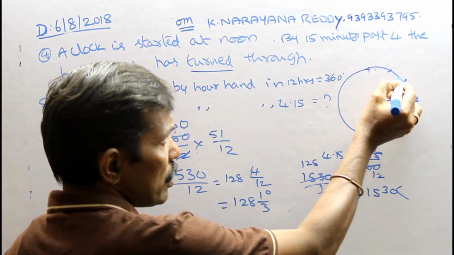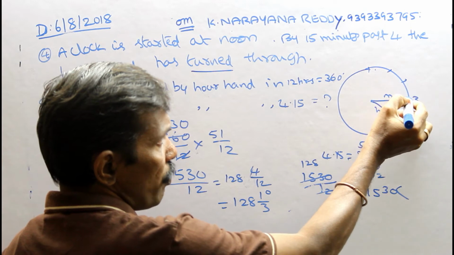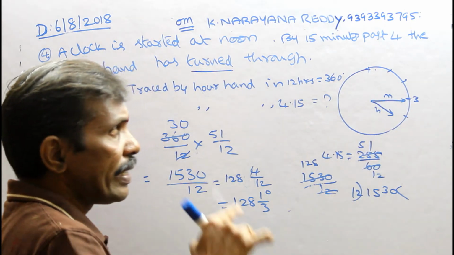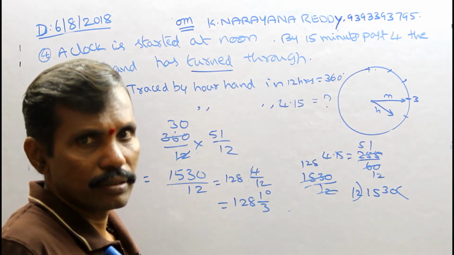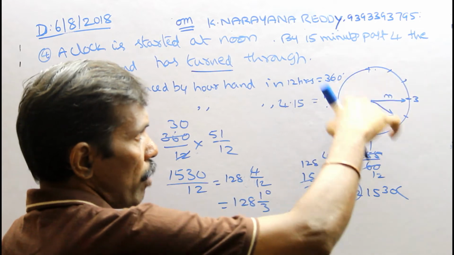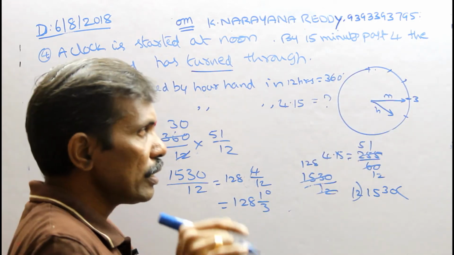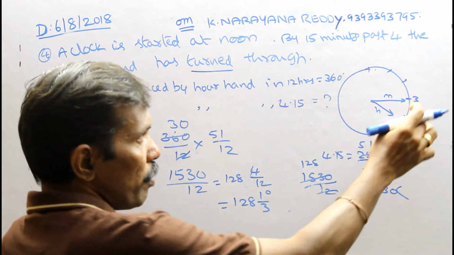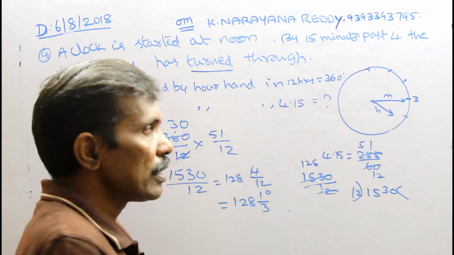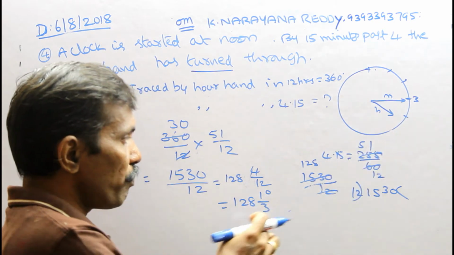This is 5 spaces, 10 spaces, 15 spaces, 20 spaces. Each space contains 30 degrees, yes or not? There are 12 parts in total. 5 parts contain 30 degrees, 15 parts contain 45 degrees, 20 parts contain 60 degrees, and after past 15 means